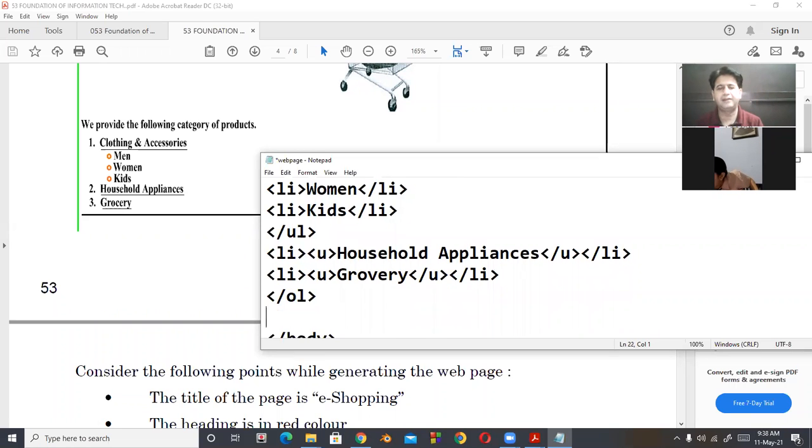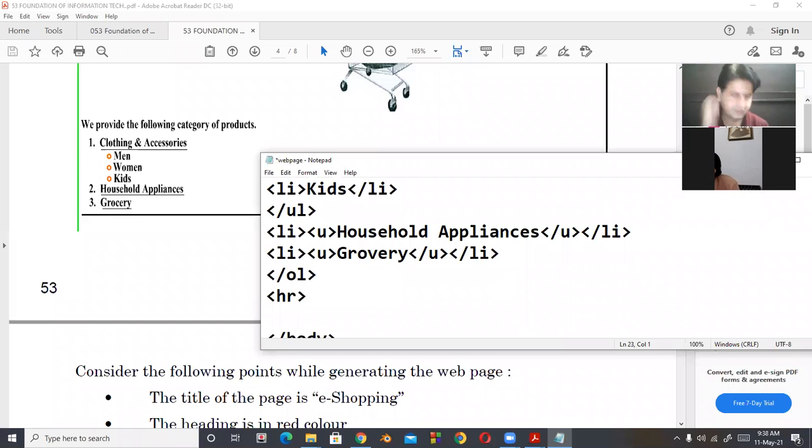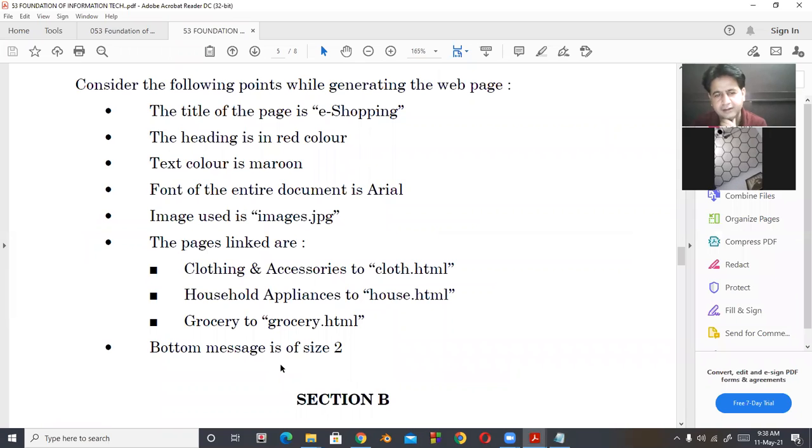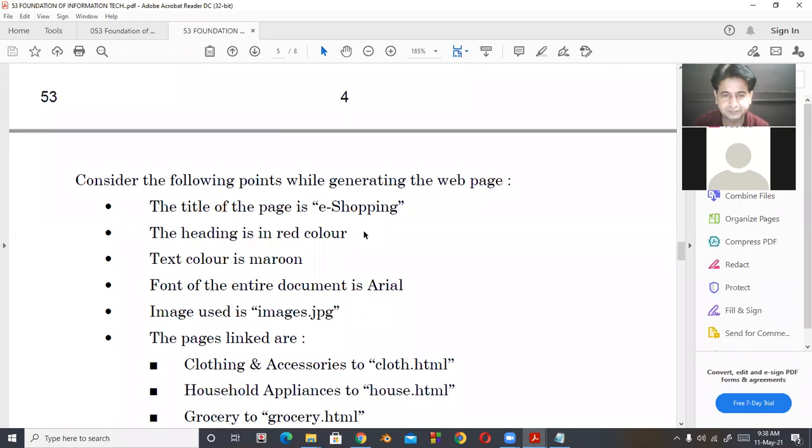After that, there is a horizontal line. So it is HR. Then after that, the contents are center aligned, and moreover, these contents are size 2. So they are saying it is of H2.